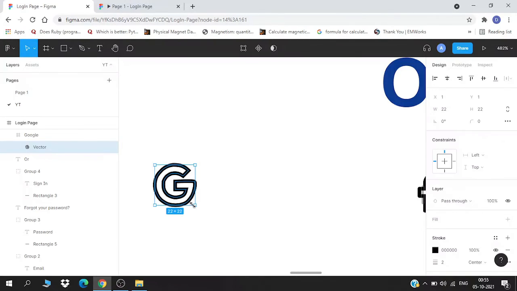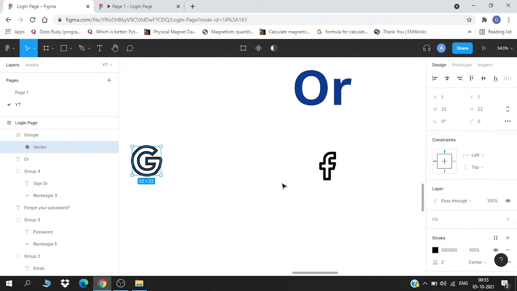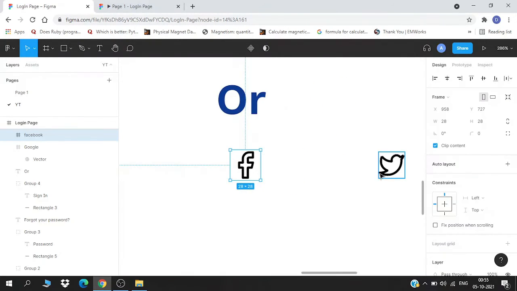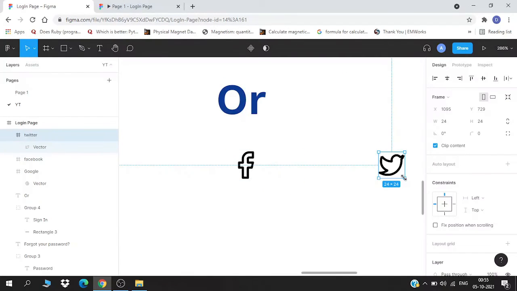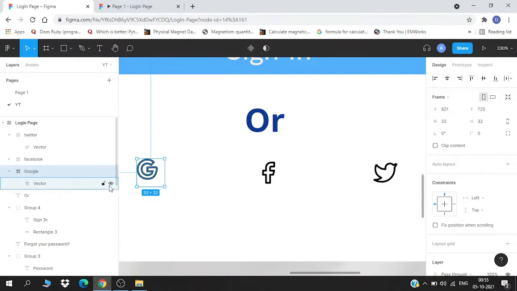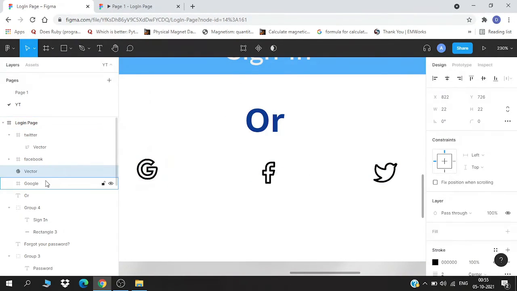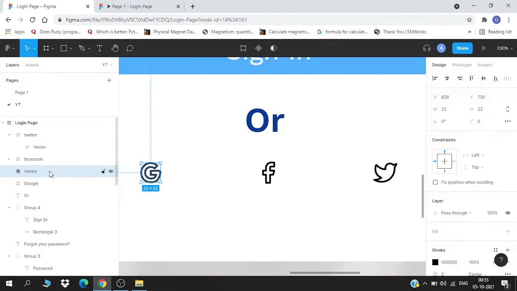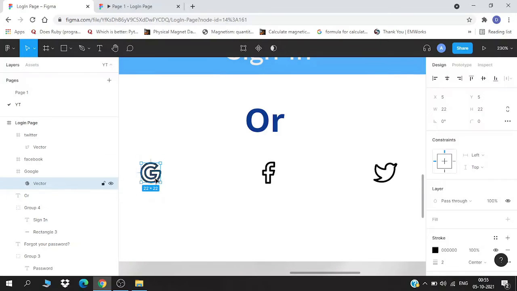Now we are moving on to resizing these ones. Resizing them will be easy. I will make sure that they are all equal size. I have to take it out, align it first and put it back in its frame.